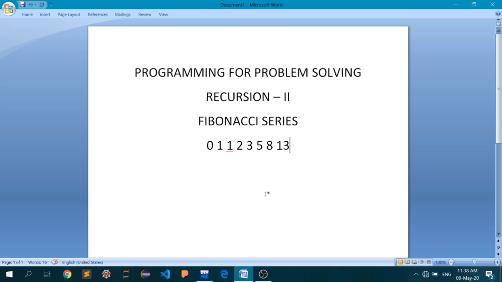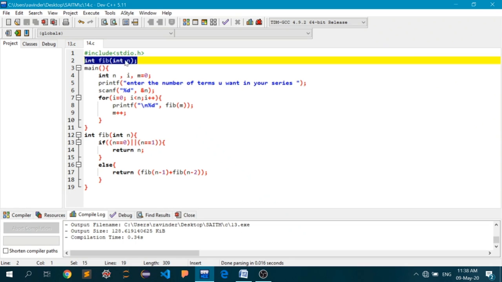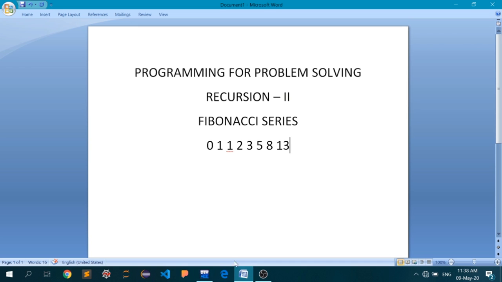Okay, let me say that again. Which number you have to print in the Fibonacci series. So if I pass on to the function fib the value, let's say n equal to 5, so according to the series it must return me first, second, third, fourth, fifth, that is the number 3.